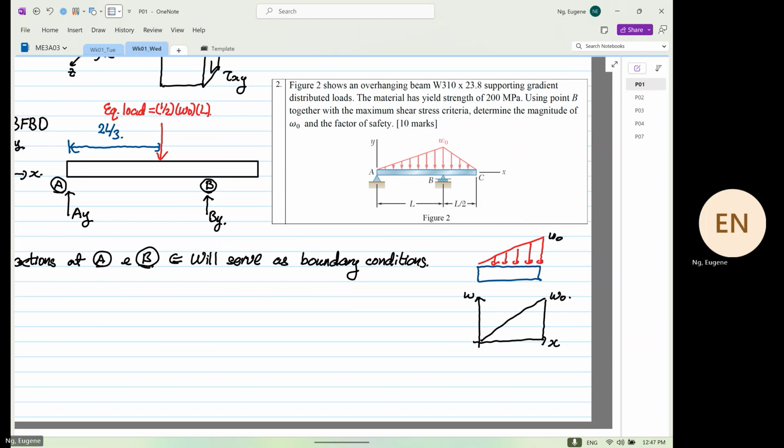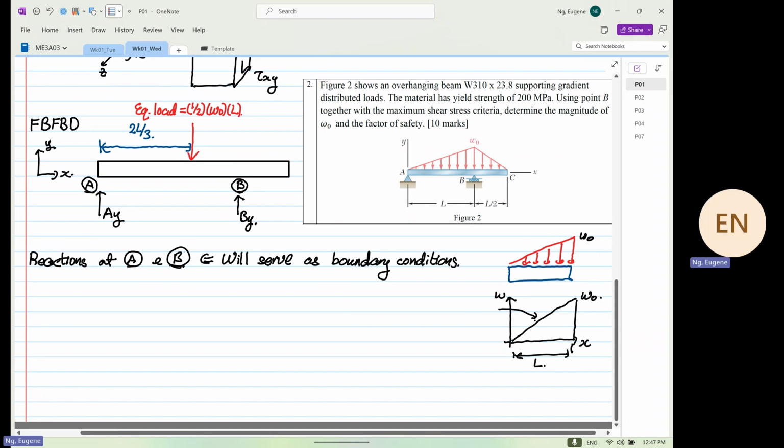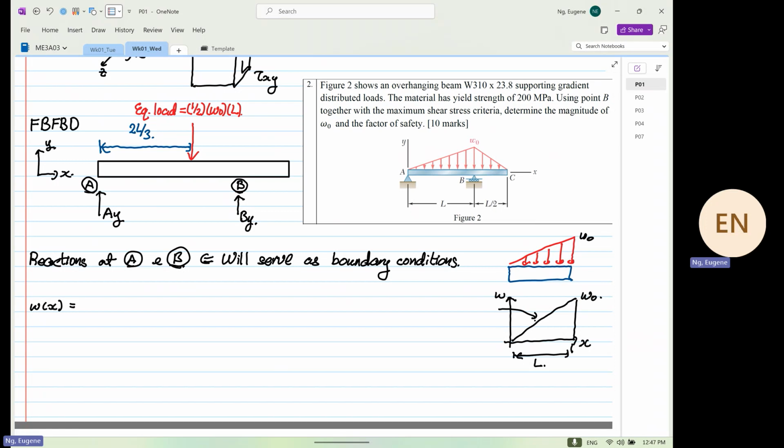Yes or no? So on the axes, our horizontal axis is x and our vertical axis is omega. And the equation of this line, with the distance from here to here being L, is omega as a function of x equal to omega naught x over L. Right? So